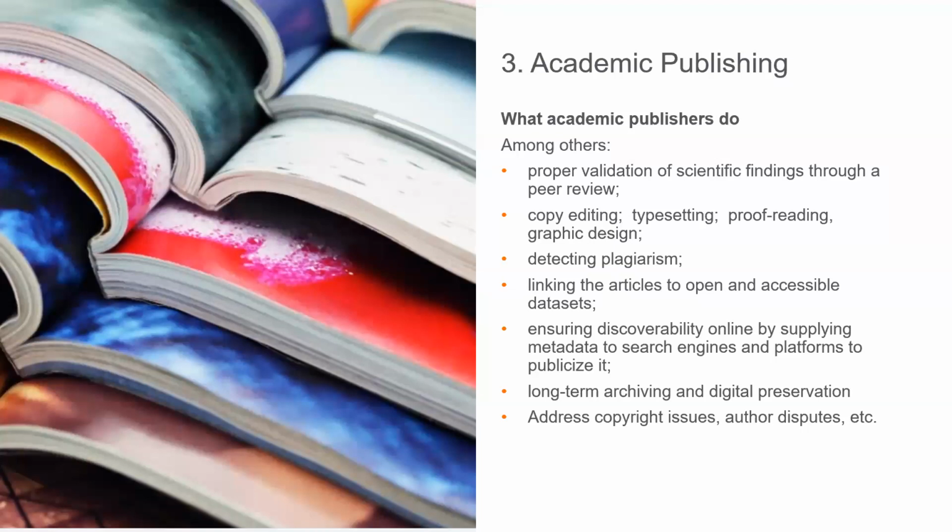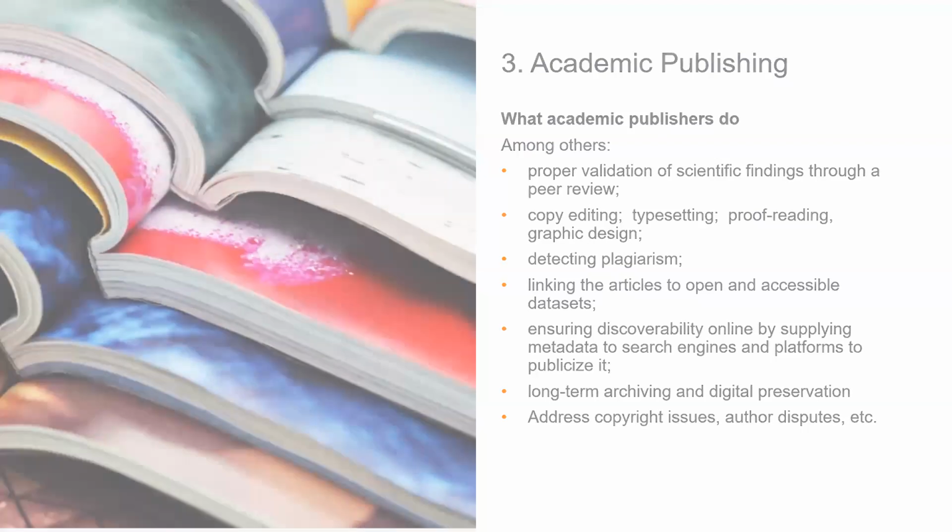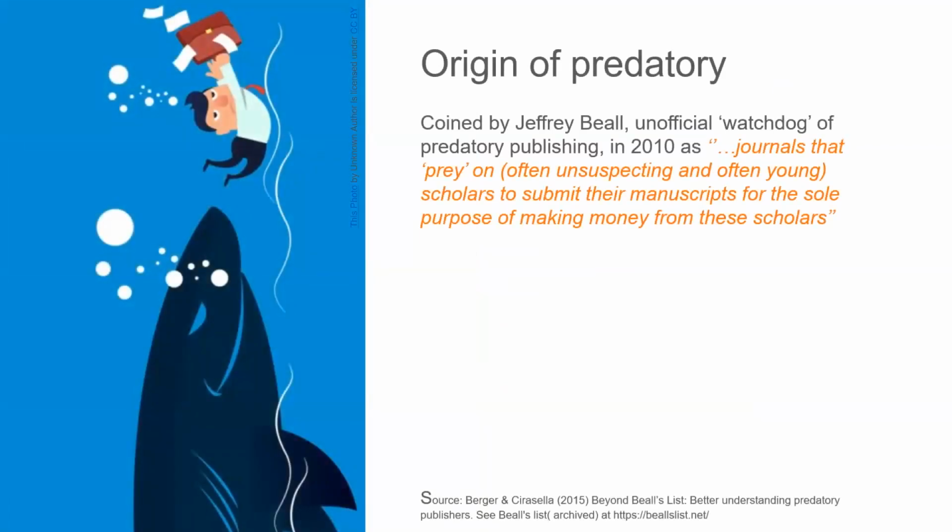article processing cost that is involved in open access publishing, as well as then a fee related to subscription-based, which is then often paid for by the library subscription, right? So these are some of the foundation concepts that we have to keep in mind when we look into predatory. But what went wrong? So where does predatory publishing come from?